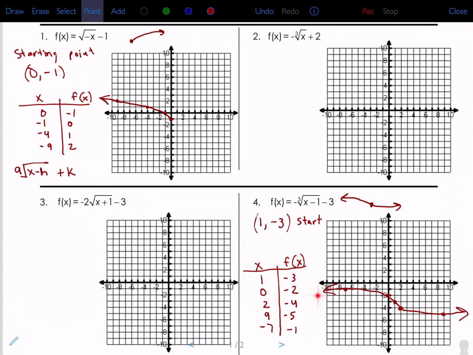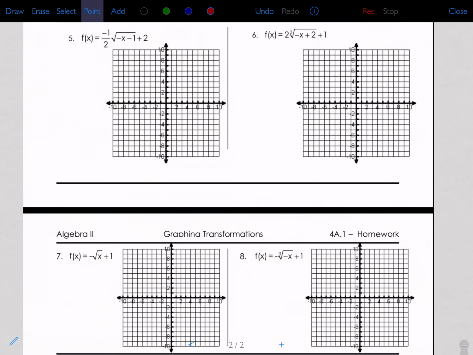Now, it can be different, like maybe this side would be going up and this side would be going down. It just depends on the transformations. But graph your points, connect the dots. All right, and then let's do one more. Let's go to,